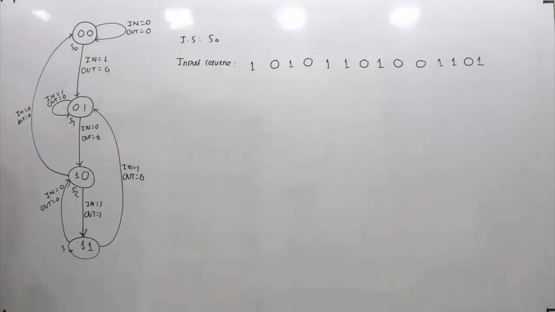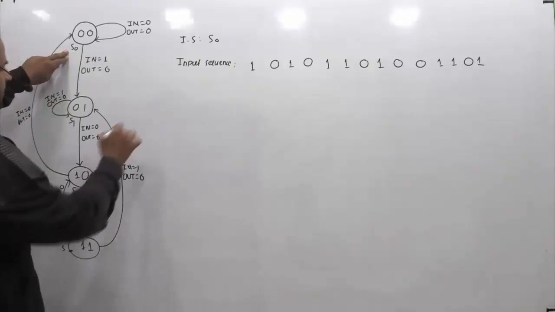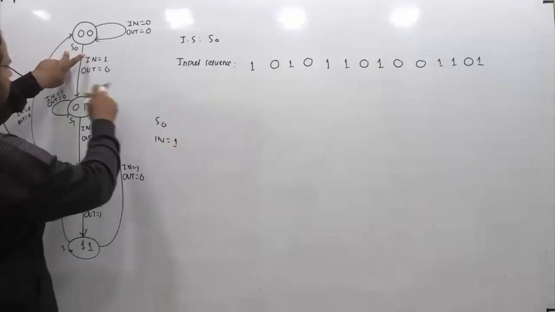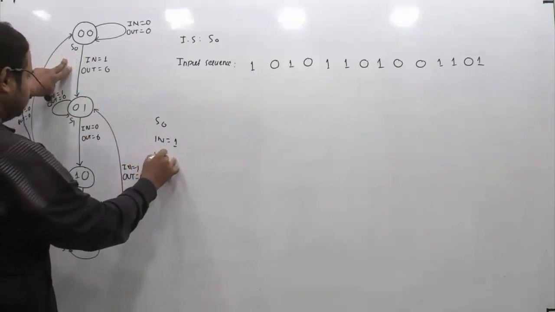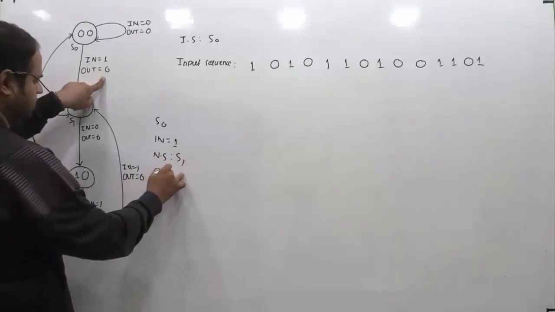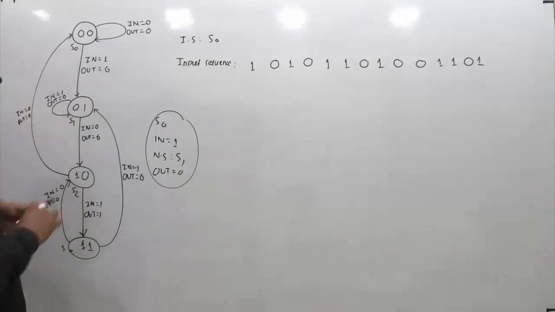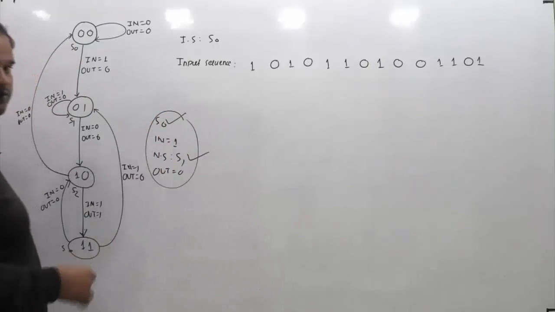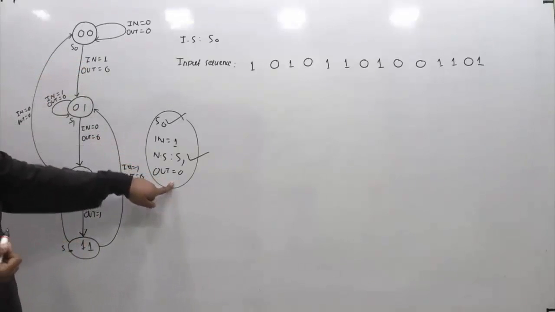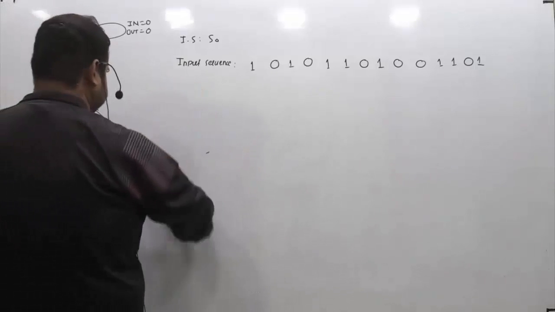Now suppose for example, if I ask you what this is actually telling, what is the meaning of this arrow? The meaning of this arrow is, if the present state is S0, and if you give the input equal to 1, right? This is the meaning of input equal to 1. Then from S0 it makes a transition to state S1 and the output is 0, right? This is the meaning of this line. It is making a transition from S0 to S1 when input equals 1, and the corresponding output is 0. So that is the meaning of this arrow. Similarly, you can decode all the given arrows.